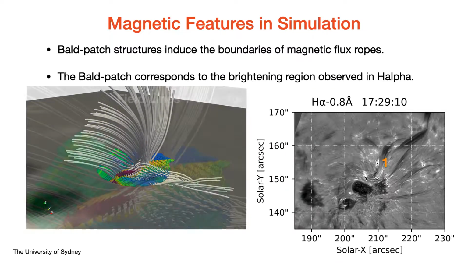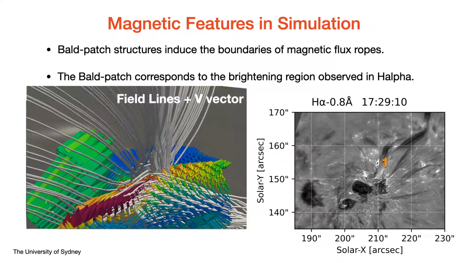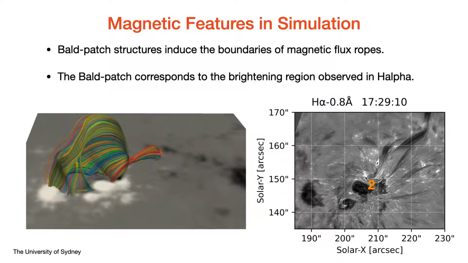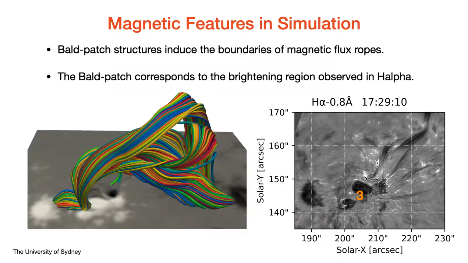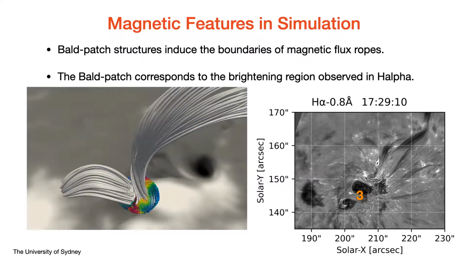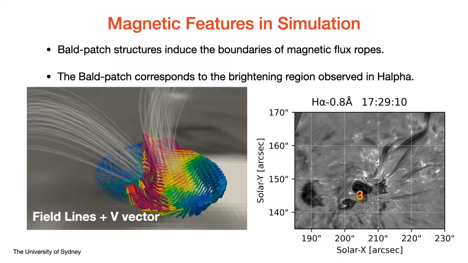The brightening number 1 in H-alpha observations comes from the magnetic reconnection at this ball patch. Number 2 comes from this ball patch, and we can also find a current sheet whose magnitude is indicated by the color in the left image. The brightening number 3 comes from the magnetic reconnection at this ball patch. The three brightenings indicate that the initial magnetic reconnection occurred at several different ball patches during the initial phase of